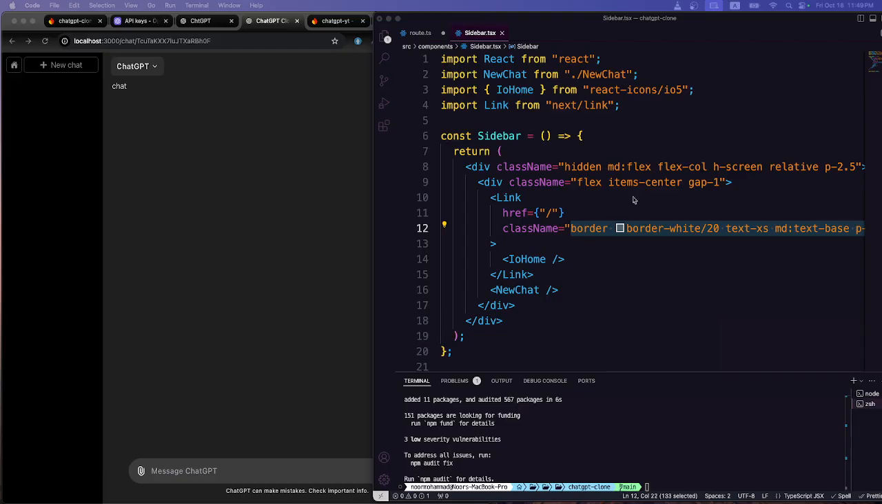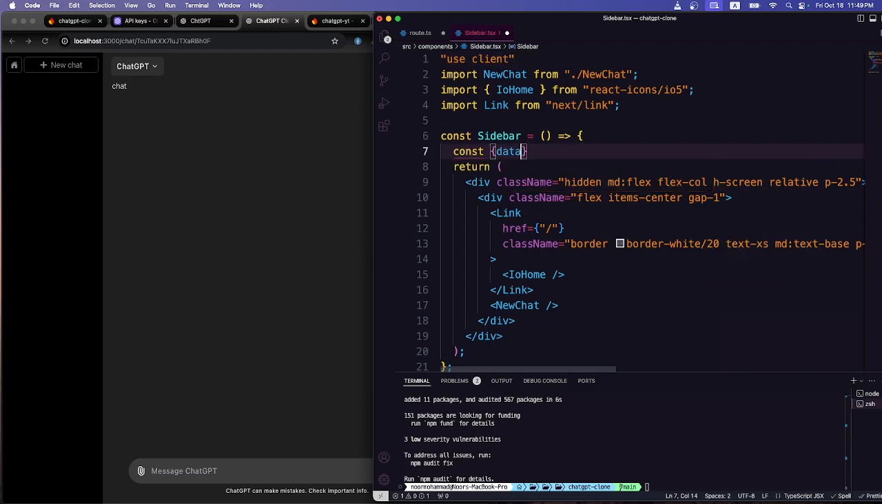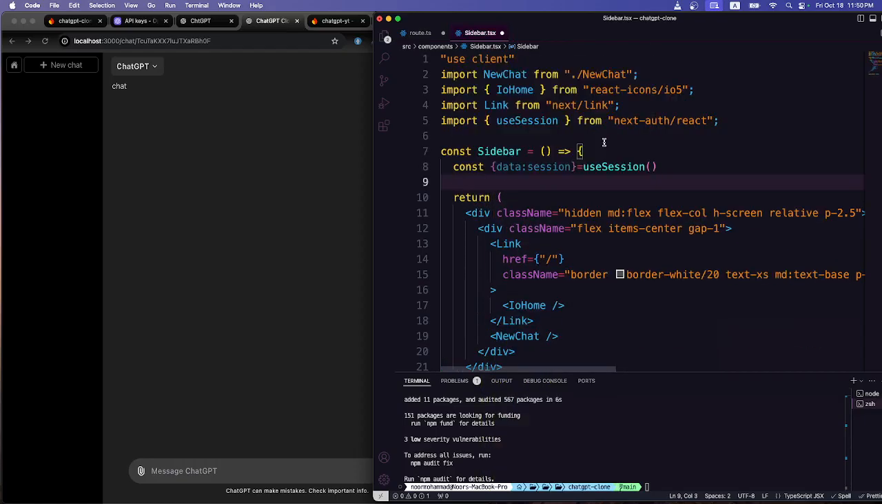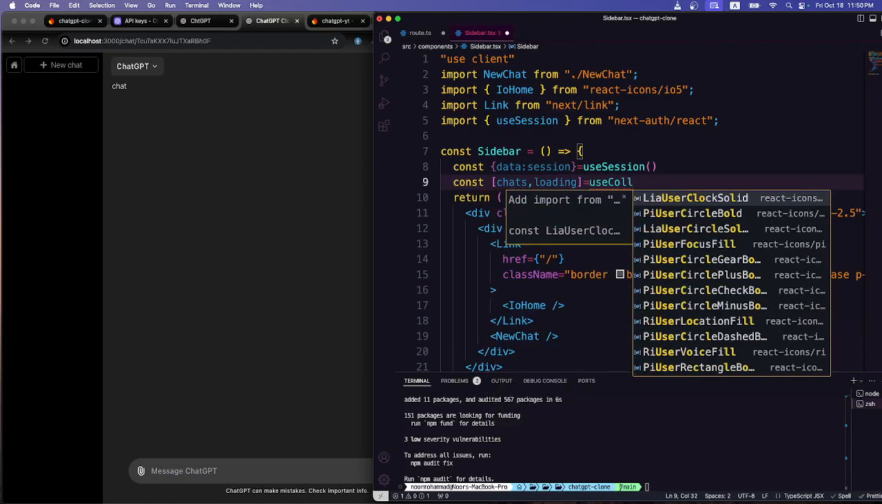Okay, not bad. So right now, let's make that sidebar a use client. Yeah, we will make that a use client, because we will grab a client-side library. Okay, so right now we're going to get our data, which should be session, and that one should be useSession. Done. And then we're going to grab our chats. So const chats, and also it will provide the loading. And that one we want to get from useCollection,